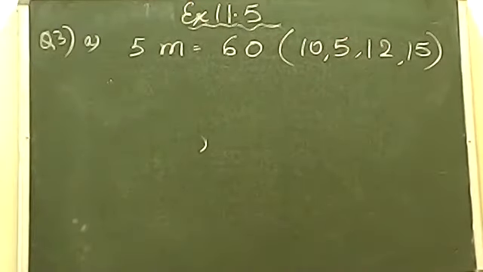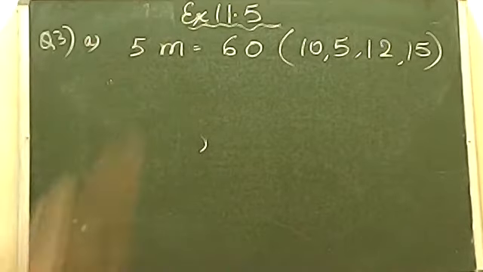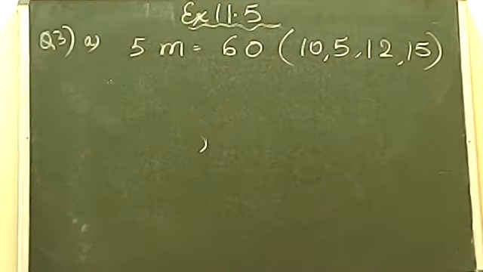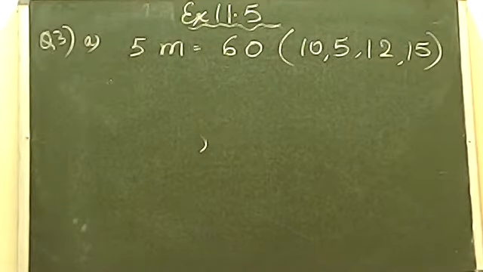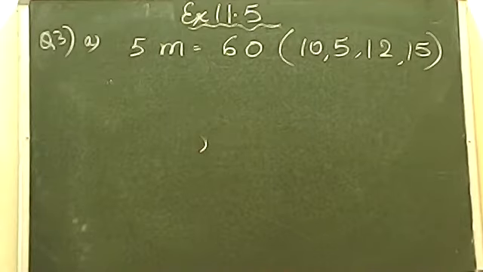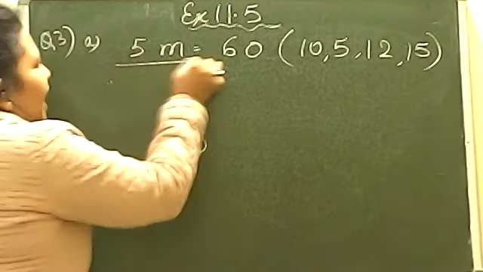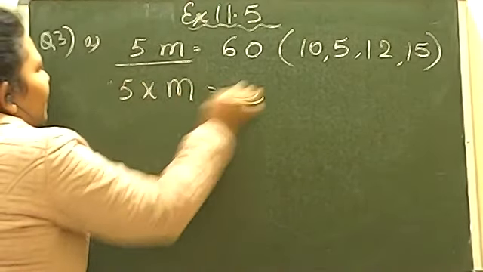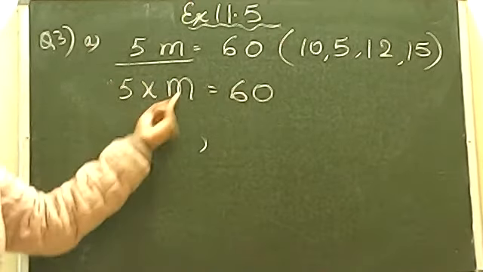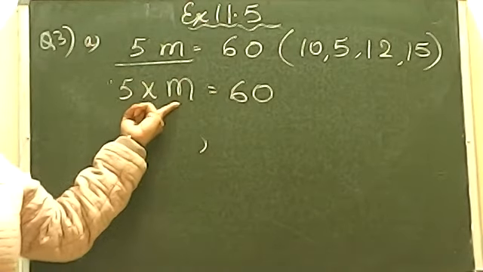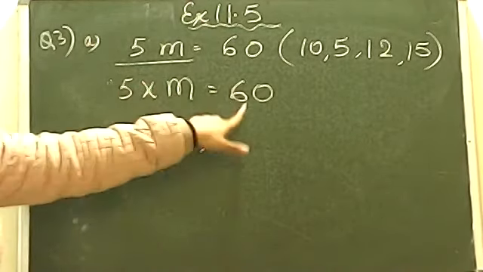Now, my first question is to you all. 5m means what? 5 into m or 5 plus m? Write it down. Yes, Ritisha, you're right. Natik, Mini, Anshuman, Ayush. Yes, very good. 5m means 5 into m is equals to 60. It means you have to think in such a way कि ऐसी कौन सी वैल्यू हम m की जगह पर रखें बेटा कि when you multiply with 5 you should get 60.